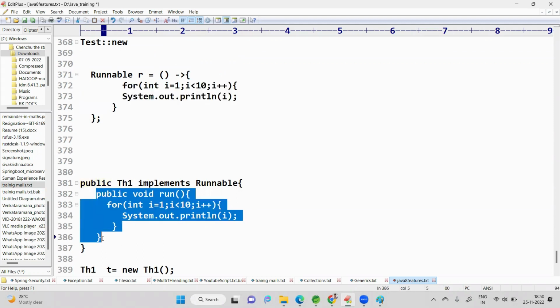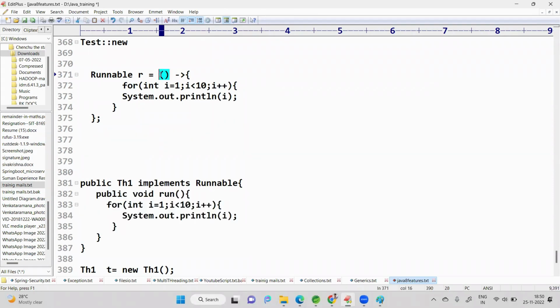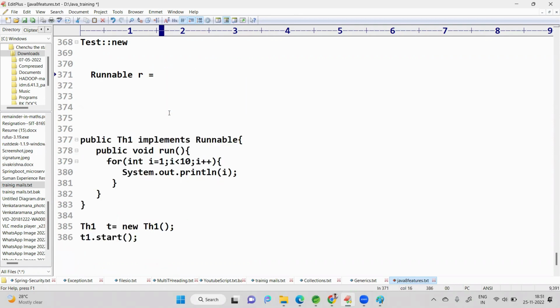Right? You have a different method. Why don't we call this method directly? Why implement it in the lambda expression? No need, right? You already have the run method implemented somewhere. Directly call that with the class name or object reference. If I call it directly, simply,